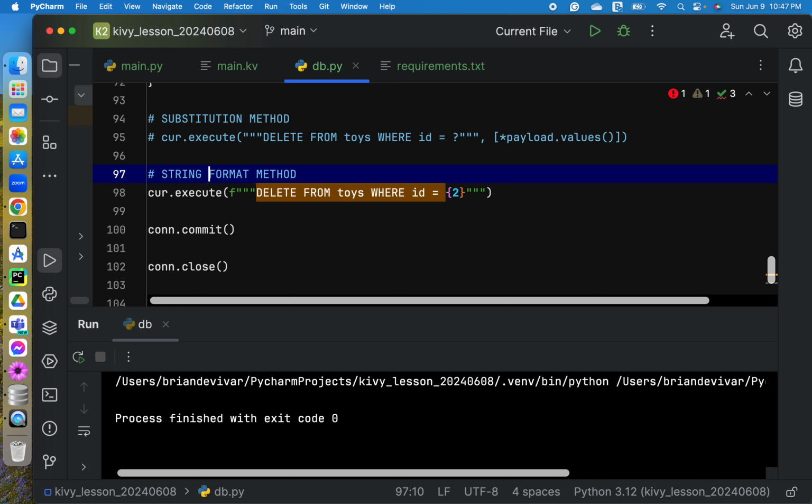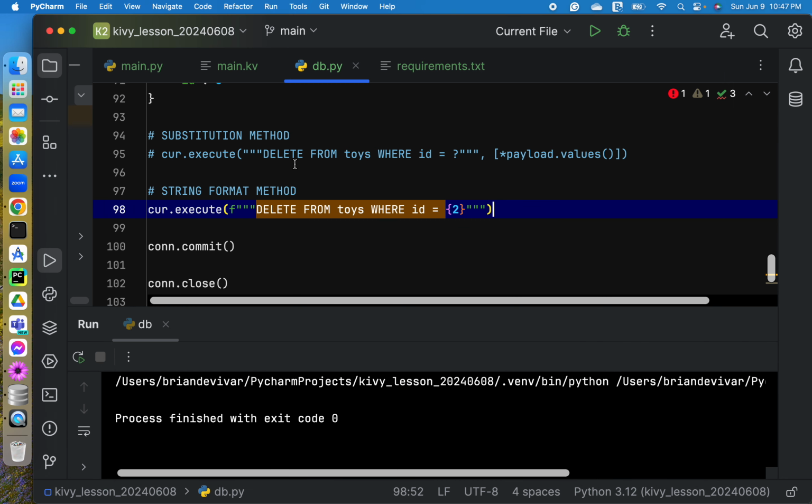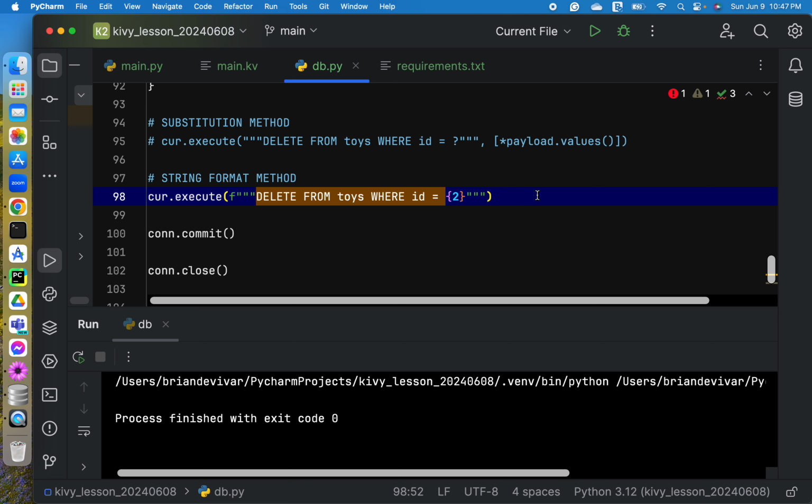So string format. Okay, and let us test. Okay, and let's see in our browser. Okay, so it's gone. So two different methods, but the same outcome.